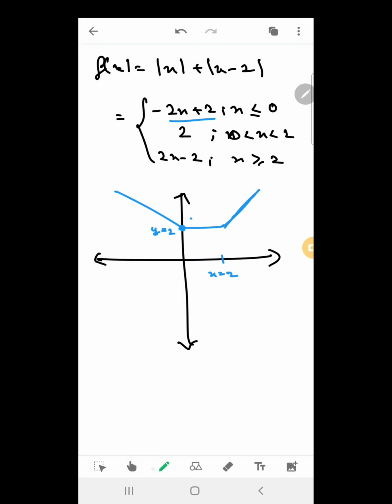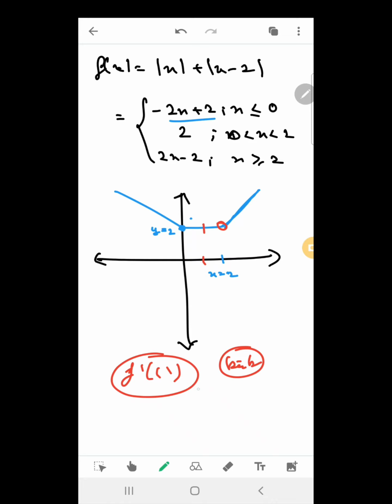Clear? Now see, if you are asked to find, say, f dash 1, you can easily find it. So x equals 1 is this point. At x equals 1 you have no disturbance or kink, that is no breaking point, or rather any rough area. The curve is smooth at x equals 1. Differentiation at a point where you have a kink, a breaking point, like these points, which are called breaking points or kinks, won't be possible. So if you have a kink, then it won't be differentiable at that point.